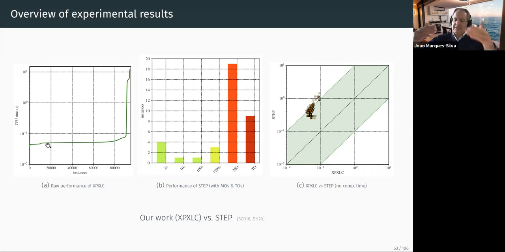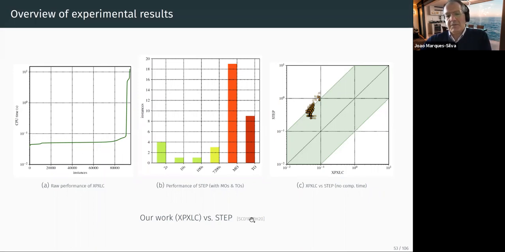So if we have less than 1 million, we stop, of course. And in some cases, we cannot stop because there will be more than 1 million explanations. So as you can see, in most cases, we can compute 1 million, even if we don't stop. So this is 0.1 second, 1 second, 10 seconds. So in most cases, it's almost instantaneous to compute not 1, but 1 million explanations. So this is the performance of our tool.